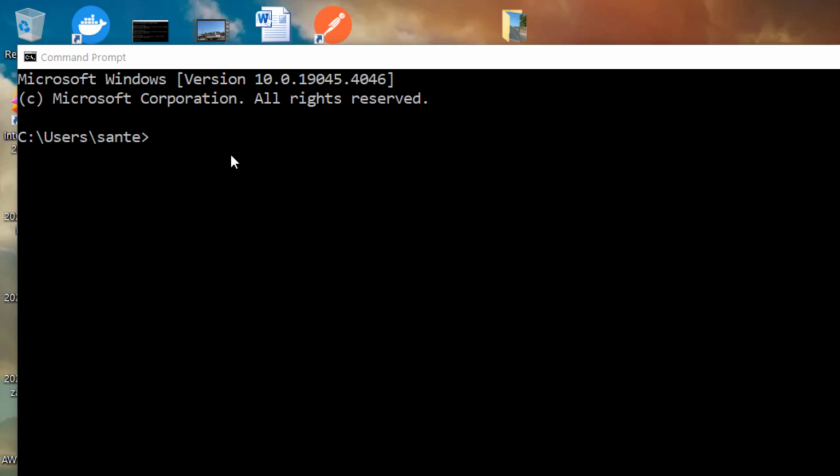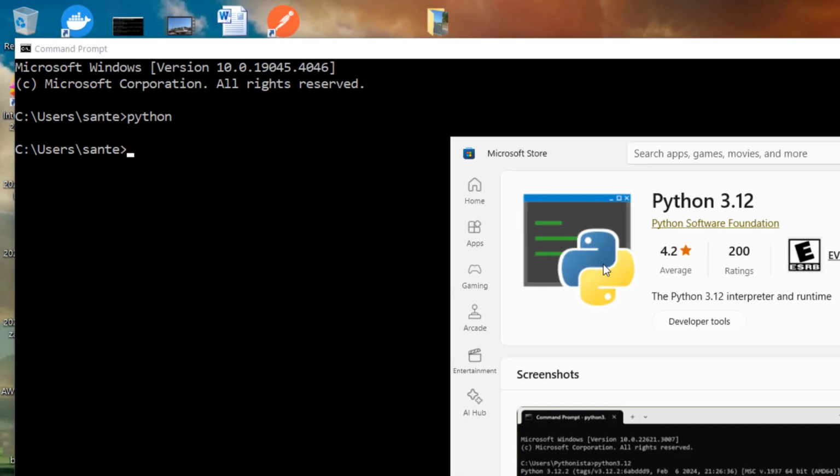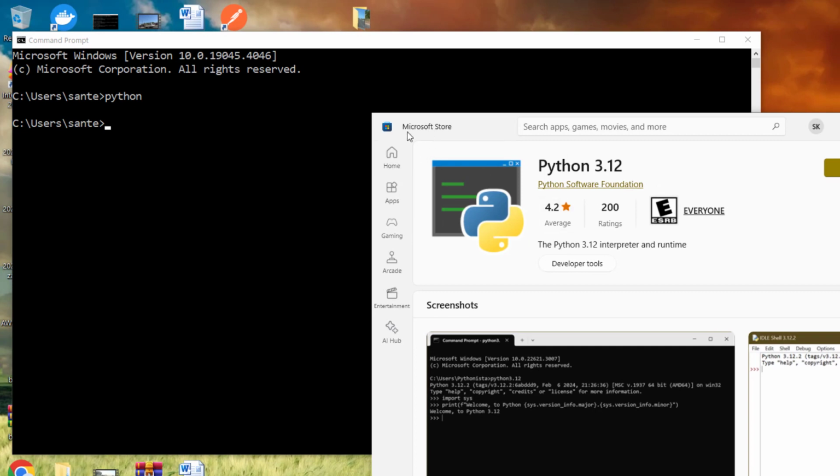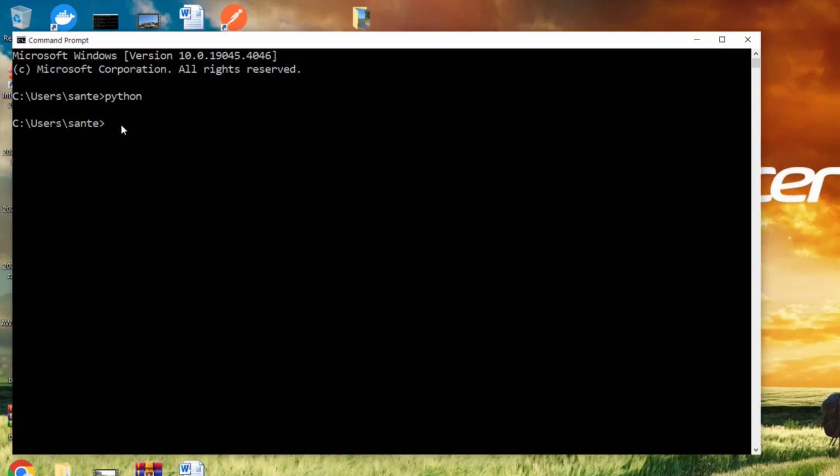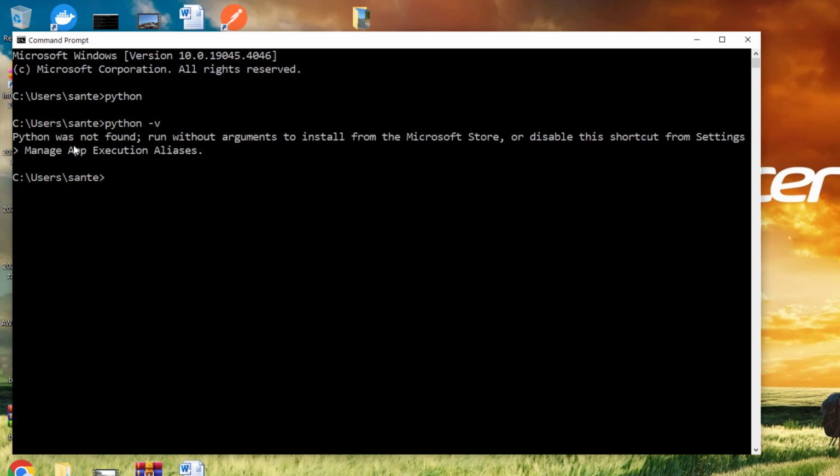Hello guys, I'm here to show you the problem related to Python. Do you get this error if you type Python? Yeah, Python is just trying to drag you to the Microsoft Store to install Python where you have already installed Python on the system. Or if you type Python version, and we see Python was not found, run without